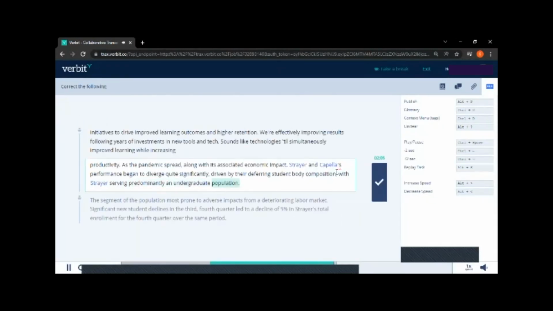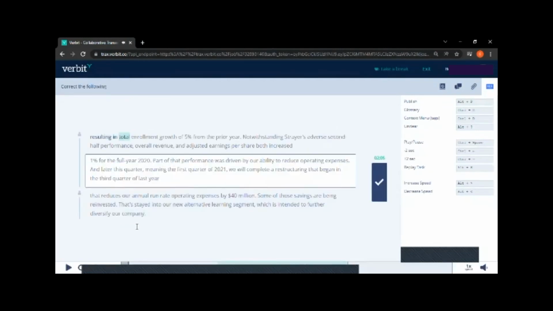Definitely an undergraduate population, the segment of the population, a composition. So as you can see here, what I'm trying to do here is that this sentence, I've realized that it is continuing on this part that I can't edit. So what I'll do is I'll just leave a room for the continuation. So we'll just put a comma here so that the next transcriber who is transcribing this part will just have to change this one to a small letter. Now the transcript can flow. So what I'll just do here is I'll just put a comma and then I'll leave it for the transcriber who will edit this part.